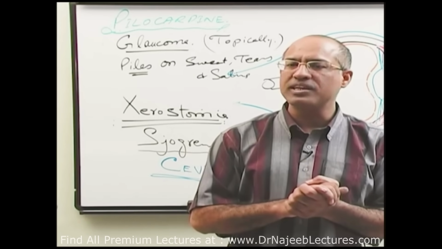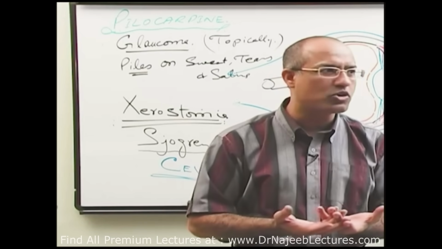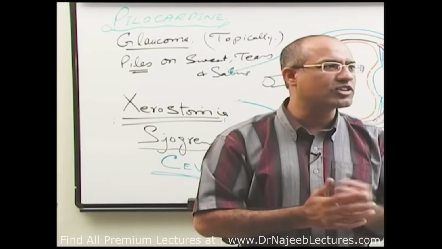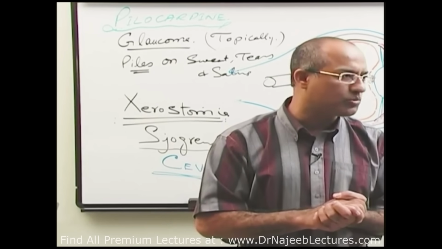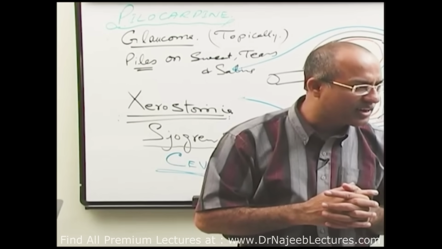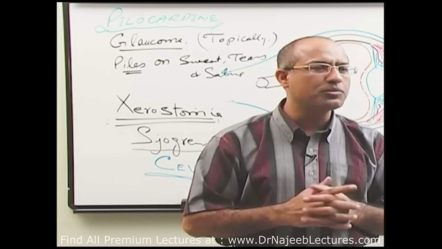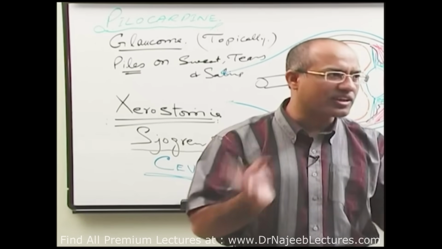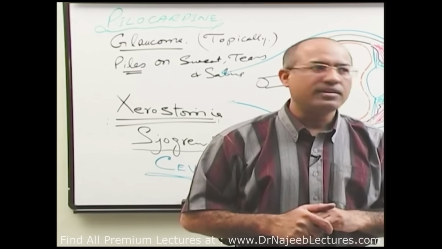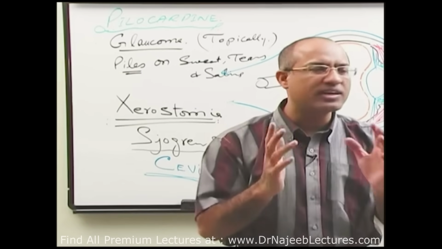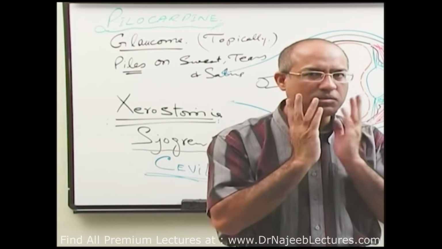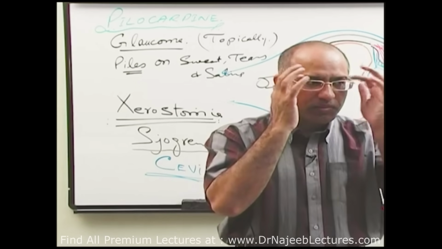In the end, Pilocarpine can also be used as a sialogogue. Sialogogue means an agent which produces a lot of saliva, right? This type of use is required in conditions of xerostomia, when the mouth is very dry, right? Xerostomia can be produced by irradiation of the head and neck, or by autoimmune destruction of salivary glands like Sjogren's syndrome, in which the lacrimal gland is also significantly destroyed. If there is some residual gland left, we can stimulate that with Pilocarpine and get some salivation, right? We can keep our mouth wet and we can also keep our eyes wet.